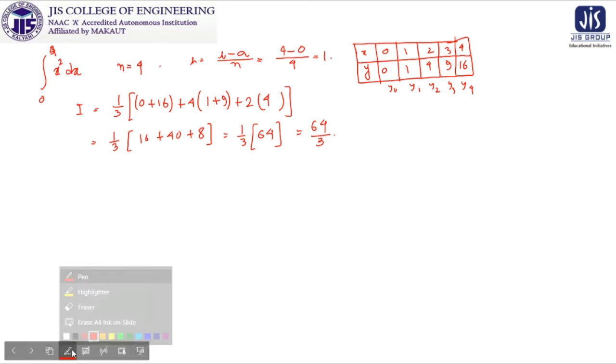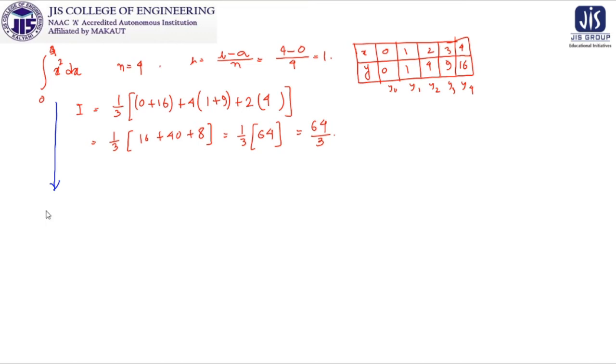Now according to the last lecture, you know that we will just try to find out the result of this integration, if possible, in our classical method, to get some confidence on this Simpson's one-third rule, that whether we are able to use this problem in this segment or not. So it will be x cube by 3, 0 to 4, and we will get it as 64 by 3, where we are getting that there is no error in this.